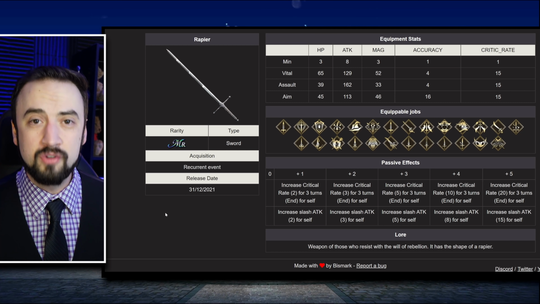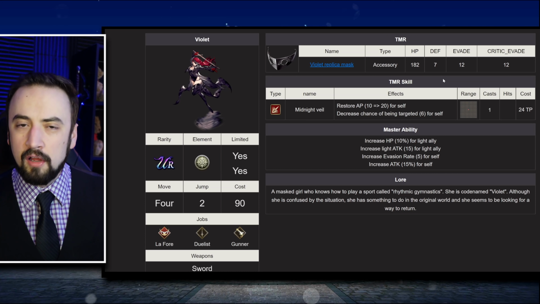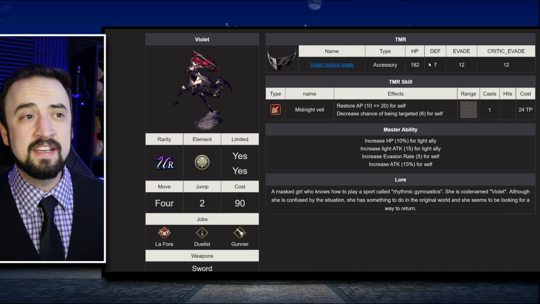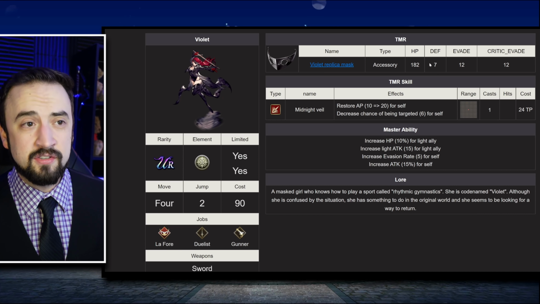And again, sort of like the other Trustmasters in the Persona series, I think it's good, like situationally good, but not something to write home about. It is an accessory, again without agility, has 182 HP, 7 defense, 12 evade, and 12 crit evade. The skill is an AP restore 20, so it's not like AP regeneration. It's another TMR that, maxed, when you trigger it will just give you 20 additional AP, plus the 12